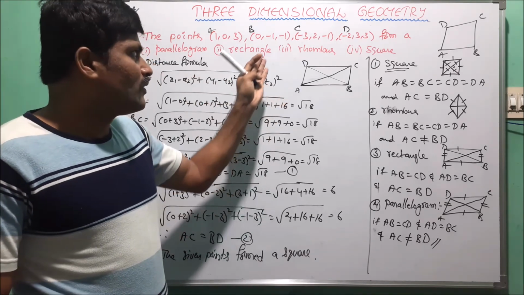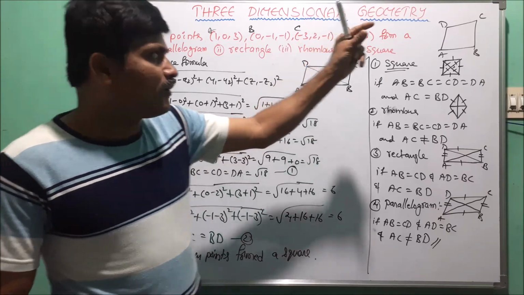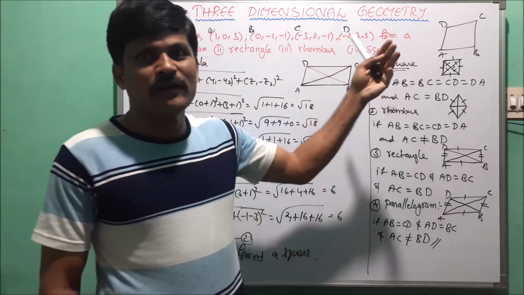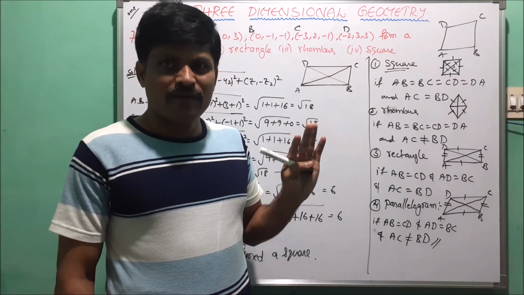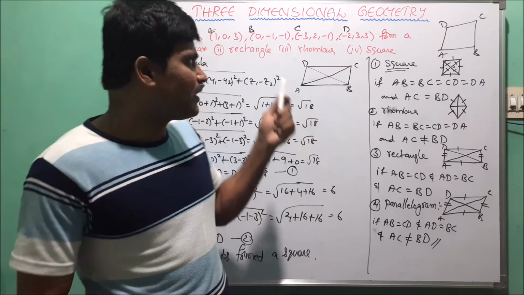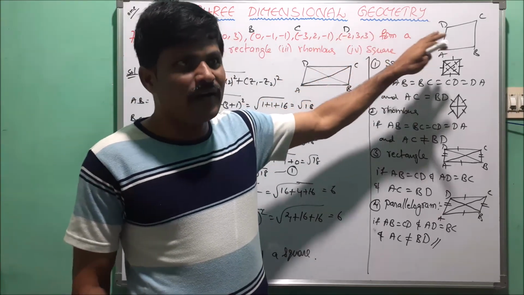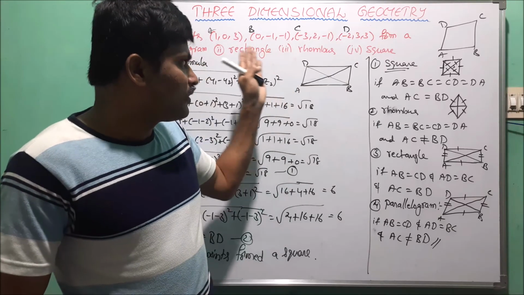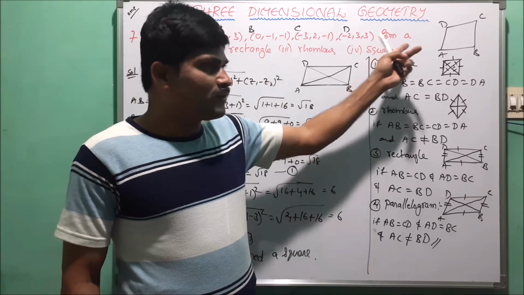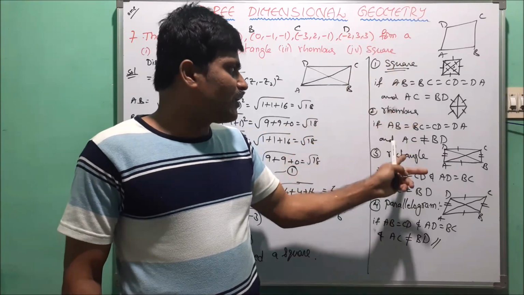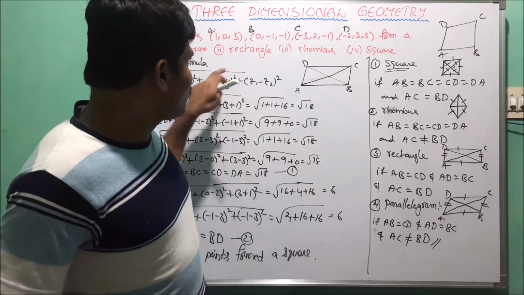Here, given the vertices of a triangle, now which type of triangle is it? Here we check distances between the vertices of the triangle. Similarly, given 4 points as vertices of a quadrilateral, in that also we have to check the sides and diagonals and conclude that the quadrilateral is a square, rhombus, rectangle or parallelogram. So practice more problems using this formula.